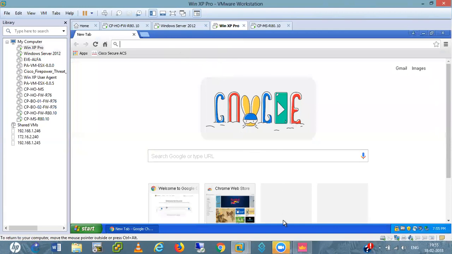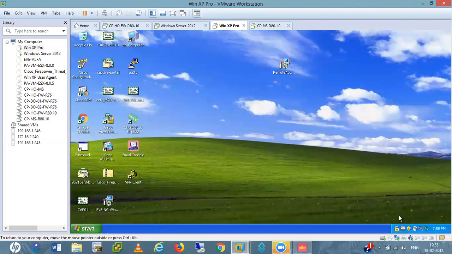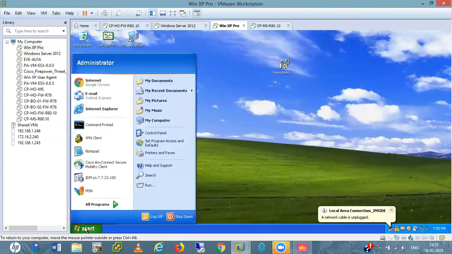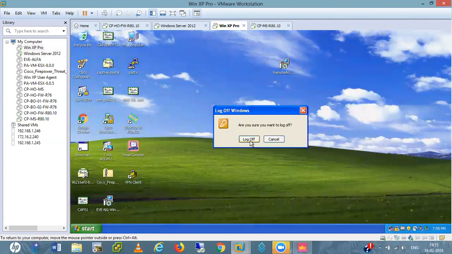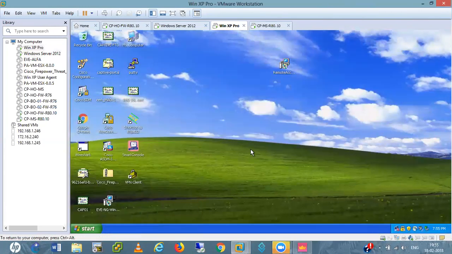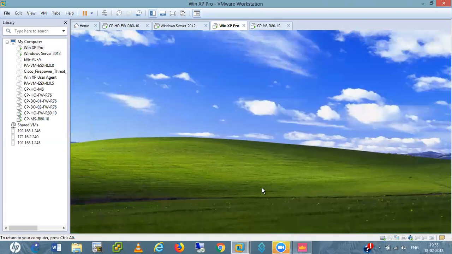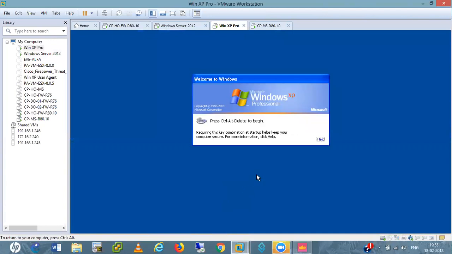See, actually it is authenticated by machine authentication. So if I want to trigger this, I'll disconnect this first. Let me log off one more time, because my MAC address is already bound, right?